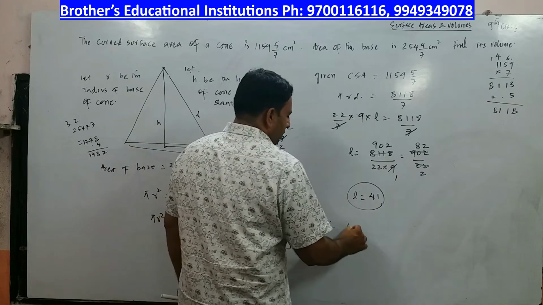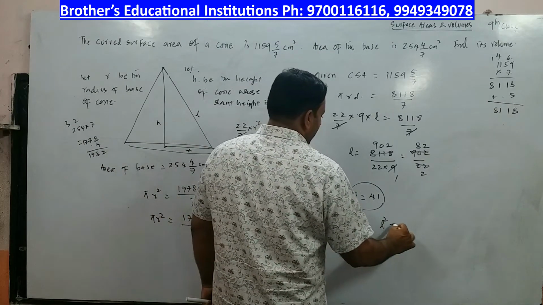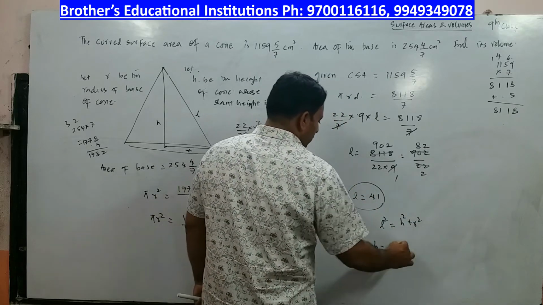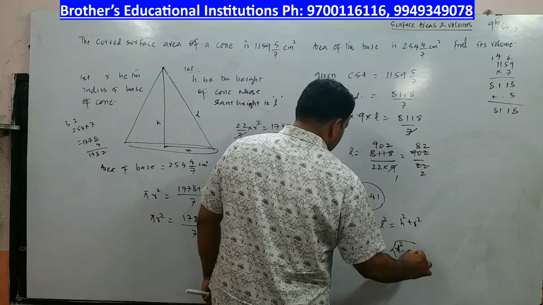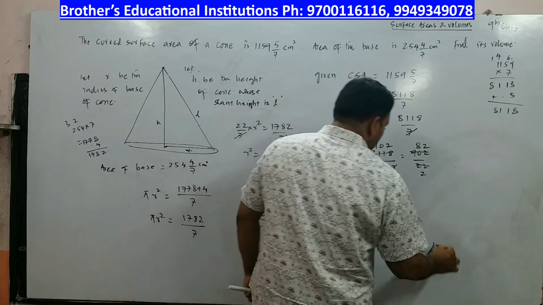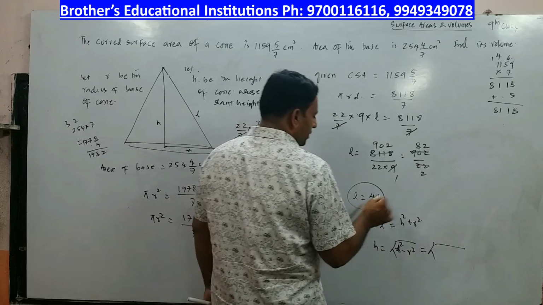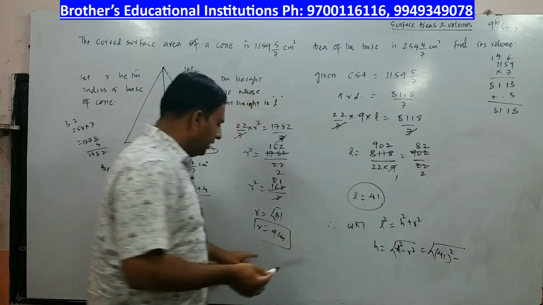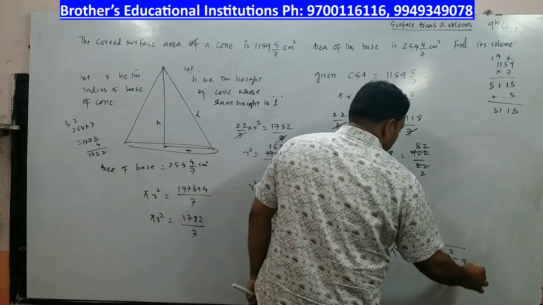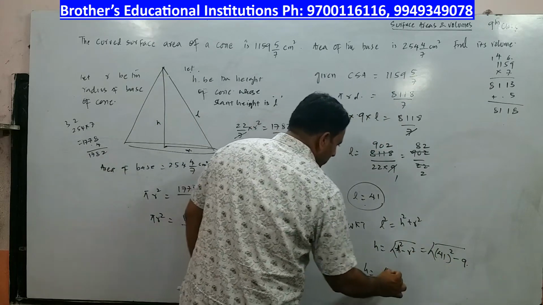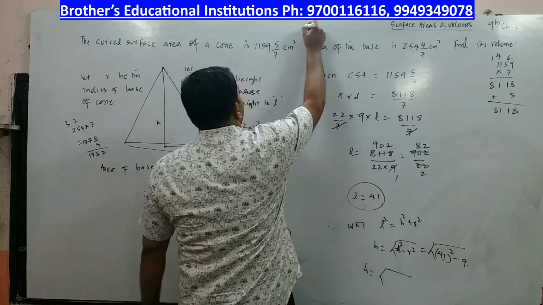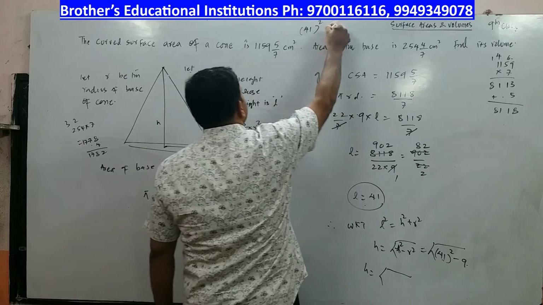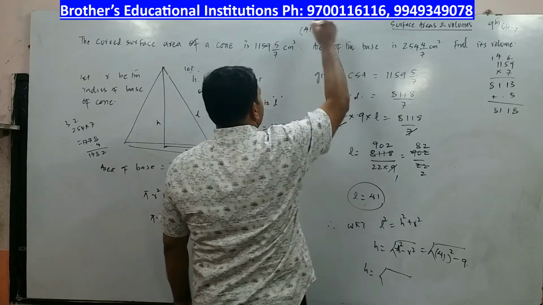Now therefore we know that L square is equal to H square plus R square. I want to find the value of height. Height is equal to under root of L square minus R square. So it is under root of, what is L? L you got, L is equal to 41. So it is 41 whole square minus R square. What is the R value we got? R value is 9. So let us find what we get. H is equal to under root of, what is 41 square? I can do here 41 whole square. 1 square 1, 2 1s are 2, 2 4s are 8, 4 square 16. It is 1681.